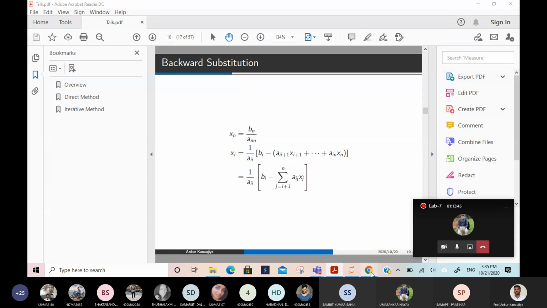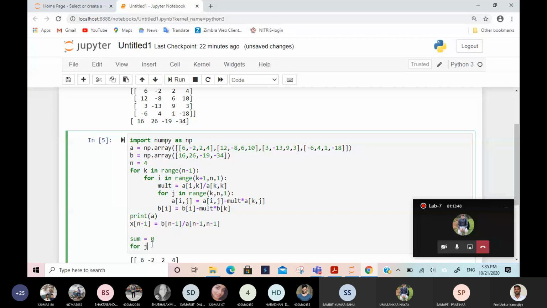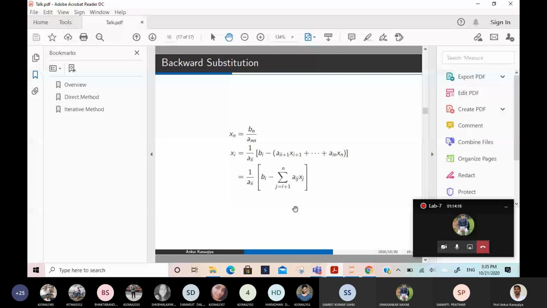So now I will write the loop for this formula. For j in range, so the range is from i plus 1 up to n minus 1. This is n minus 1 only, because then I have to write sum equal to sum plus aij xj.